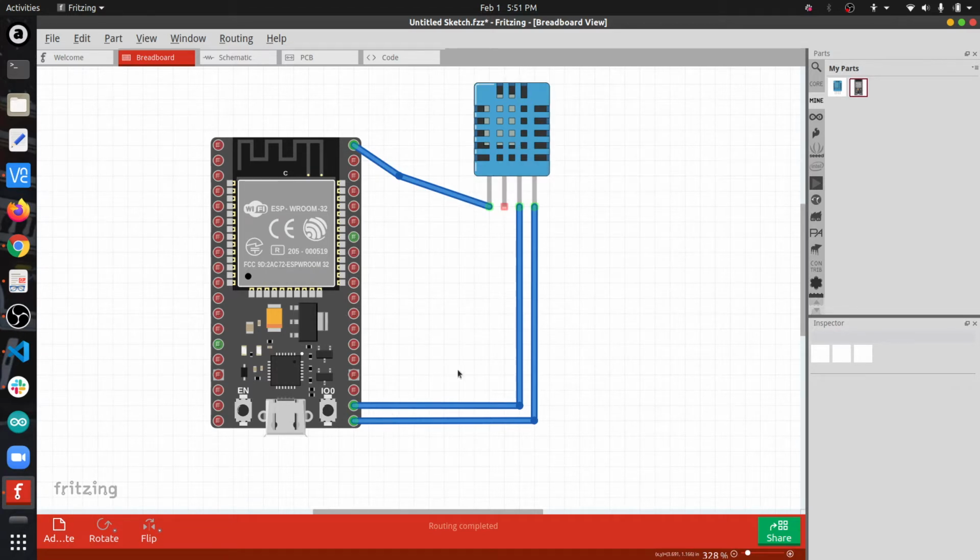So how I have connected is that I have connected the ground pin to the ground pin, the VCC pin to the VCC pin, and the digital pin of this sensor to GPIO21, right? If you place the ESP NodeMCU board in this placement in front of you, this is exactly how it's going to look, and this is going to be the pin number D21. Okay, well,